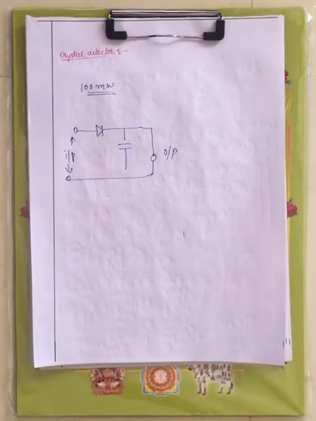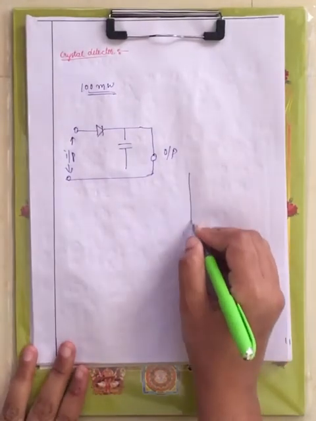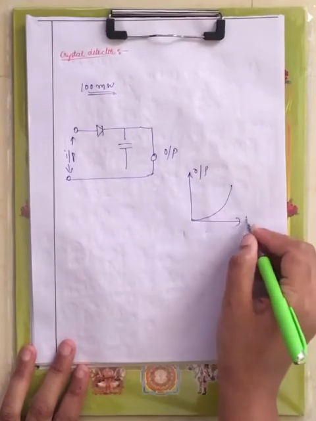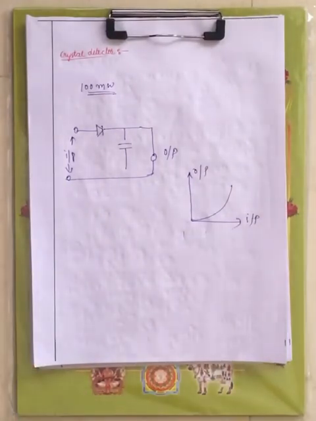Because of its power handling capacity, it is widely used. It can handle about 100 milliwatts. Now this crystal detector is a square law device. You know the meaning of a square law device. Its characteristics are like this: output versus input. If I draw the graph between output and input for a crystal detector, since it is a square law device, you will get the output like this.